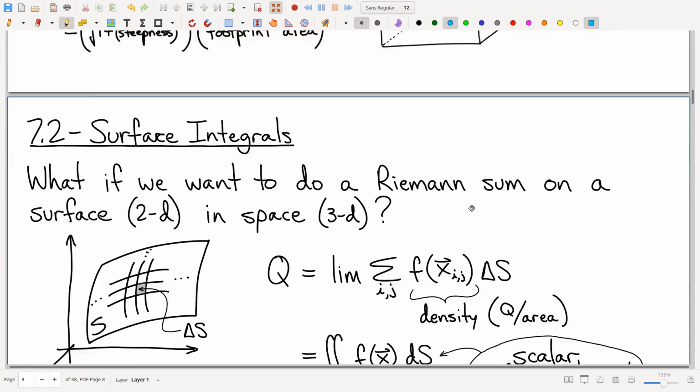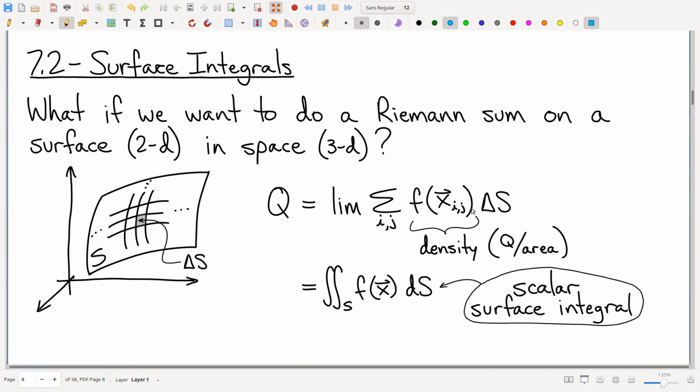Okay, moving along, off to section 7.2. Frankly, this 7.1 could be thought of as something where we've already sort of segued into what we're doing here. We computed areas, which are really just a special case of computing an integral. And so, for example, if I have some surface here,